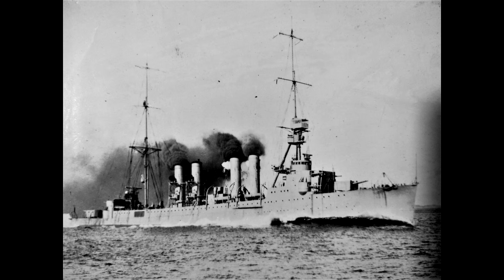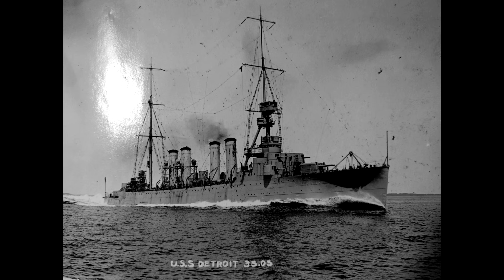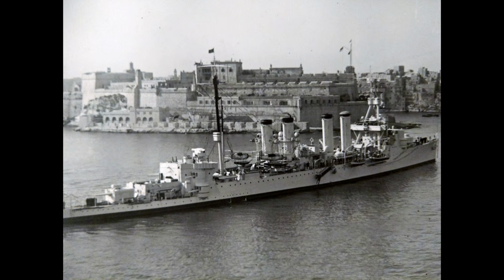The Omaha class represented the single transitional class of cruiser that the US Navy would produce, a stepping stone between the old paradigm of the protected and armoured cruisers and the era of the 10,000-ton treaty cruiser that would arise soon after. By the middle of the 1910s, with World War I in full swing, the US Navy found itself in a position of not having laid down a single cruiser since before the commissioning of HMS Dreadnought, and the rapidly developing naval war in European waters was showing that the small, fragile protected cruisers and the big, slow armoured